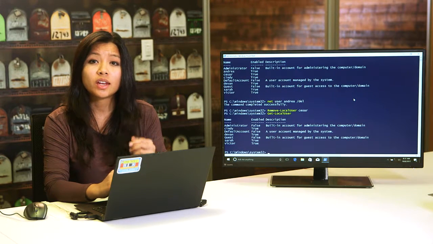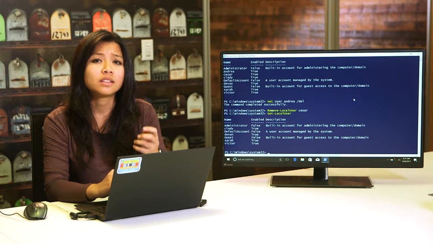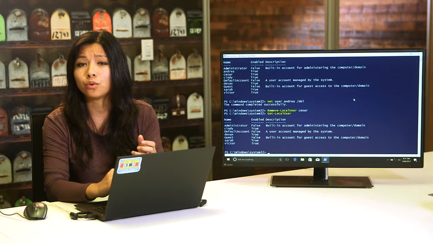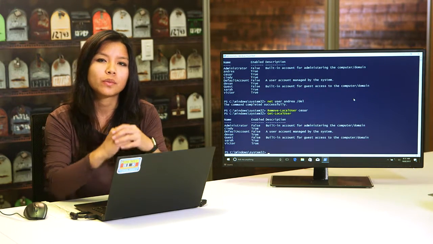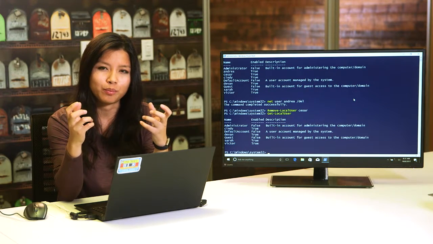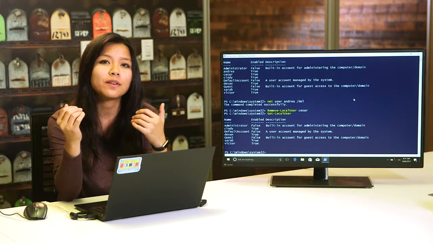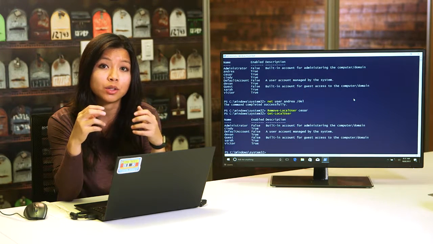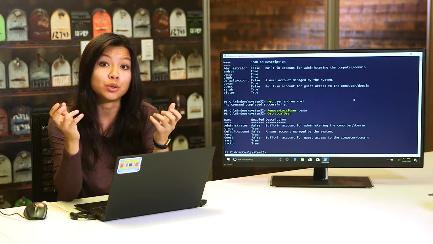Sweet, now it's gone. See how each of these options follows a pattern? The net user example looks just like it did to create a new user account, except instead of adding an account, we deleted the account. In the second example, instead of getting, setting, or creating a new -LocalUser, we remove the account. As you continue to learn new CLI commands, you'll start to notice these sorts of patterns. Being able to identify these patterns will help you discover new things that you can do, and remember how to do things you haven't done in a while.